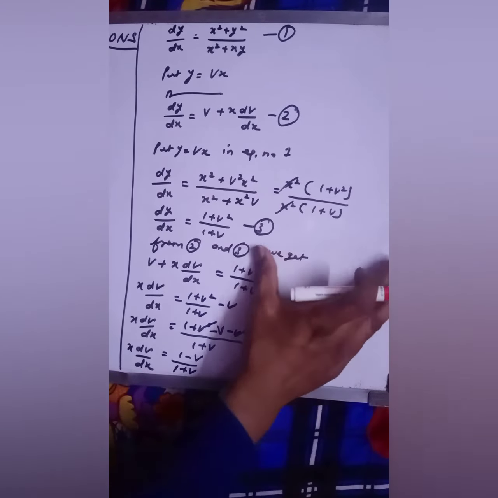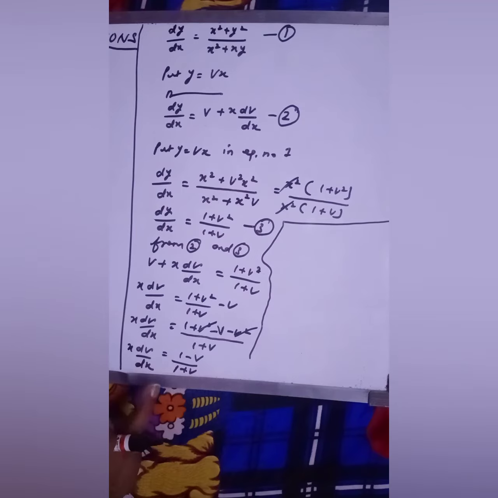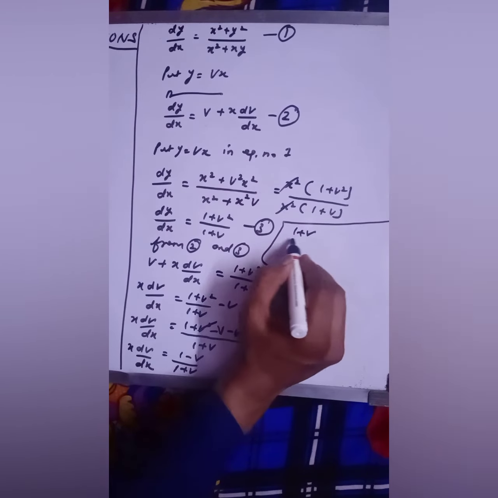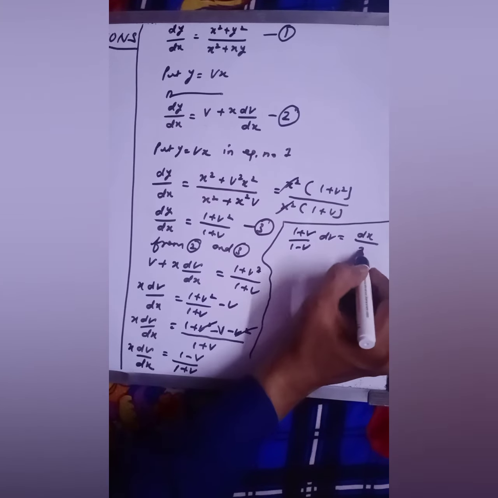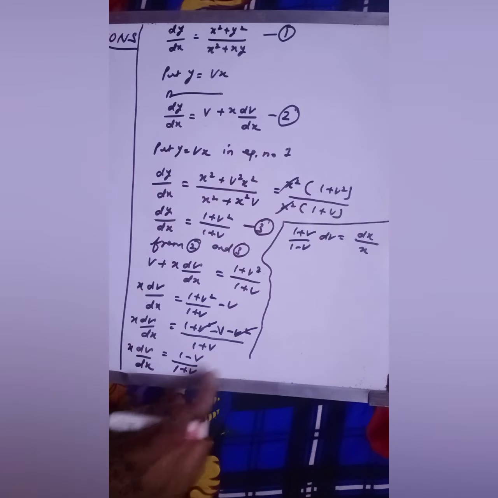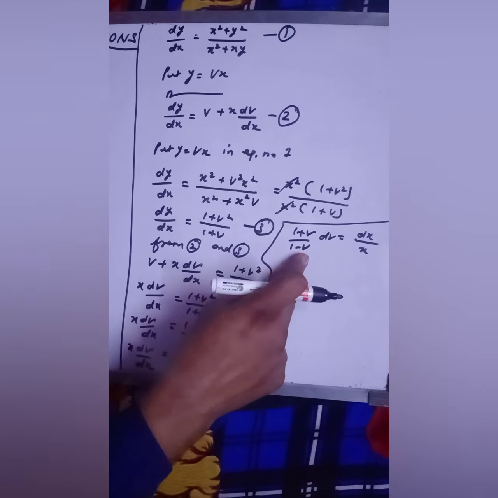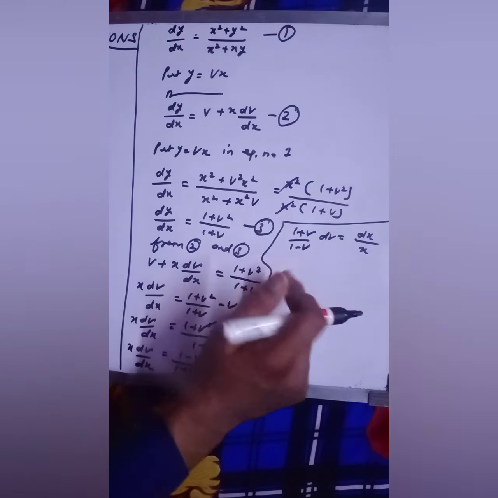Now see, so here I'm solving this. Here I am just shifting dv and v terms on one side and x terms on the other side. So this (1 plus v) over (1 minus v) will come on this side with dv, and similarly you have to shift x terms on this side. So this dx will come here, and this x will come in the denominator like this, and here you have to shift this 1 plus v on this side and 1 minus v in the denominator of 1 plus v like this. Fine. Is it clear? Okay.